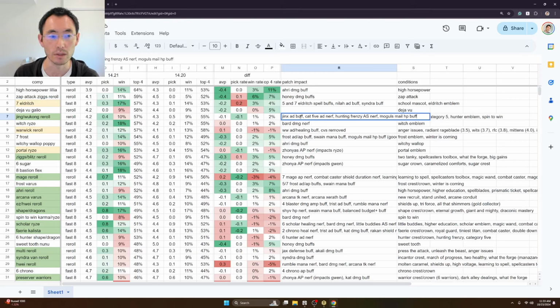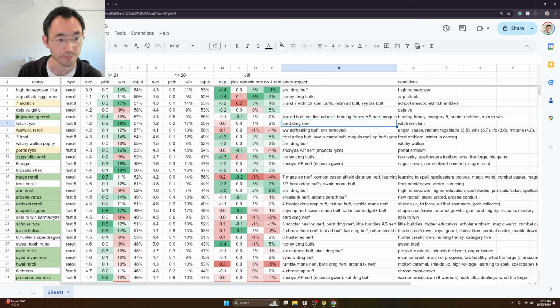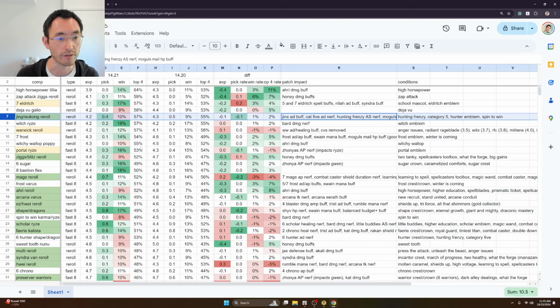So Jinx, because all the other... Jinx was kind of already playable without augment-specific stuff, and with the nerfs to all of the other top fast 8 comps, this is a lot more viable and just going to be a lot more consistent. So Jinx, if your goal is to climb and have a high AVP consistency, Jinx Wukong